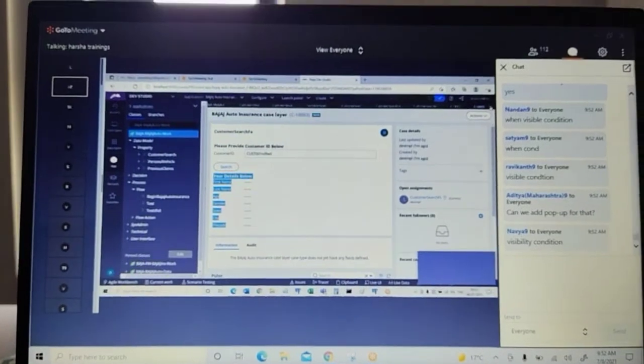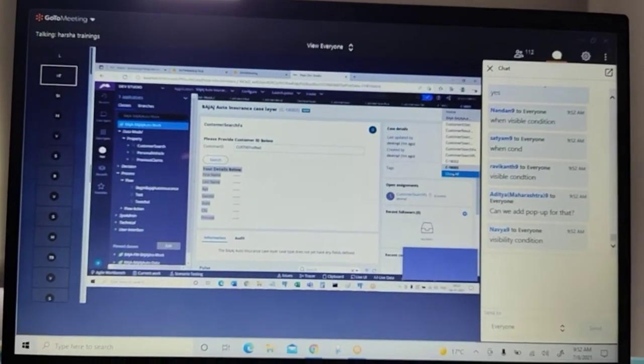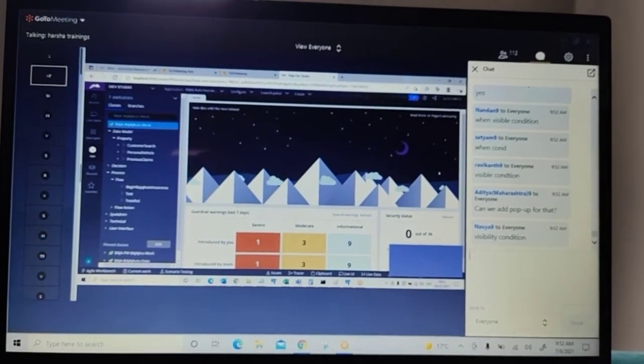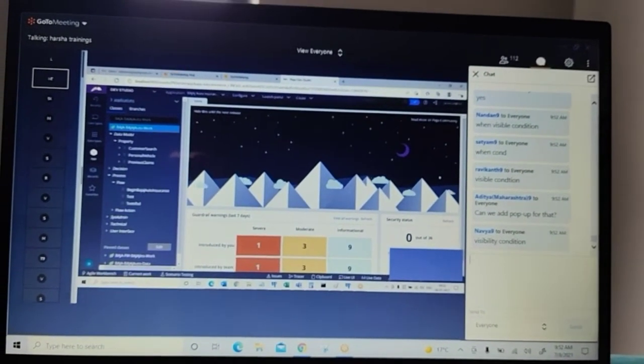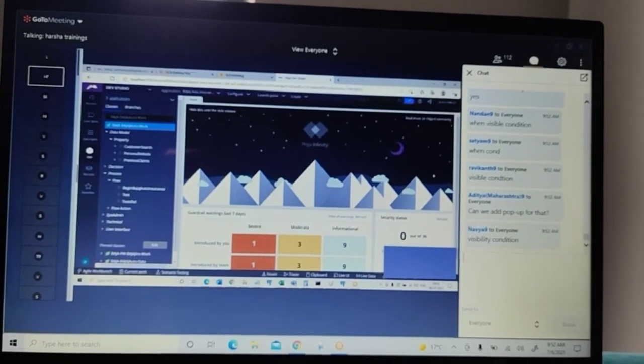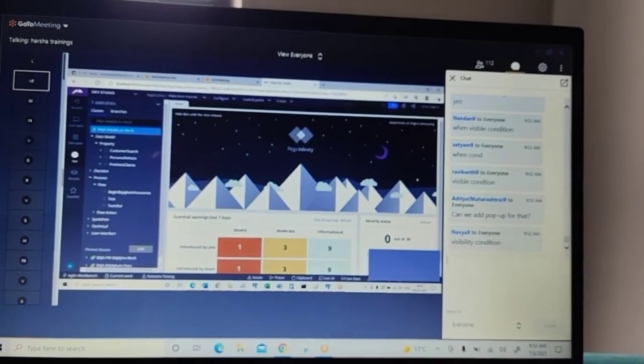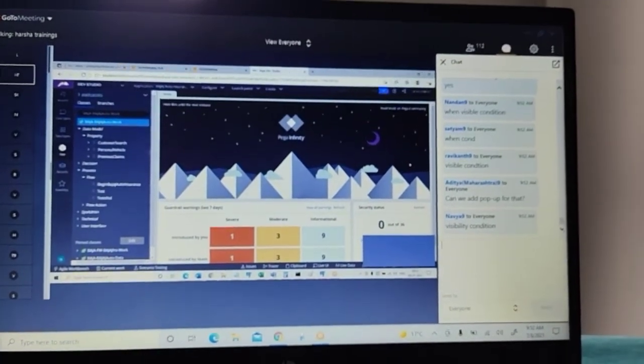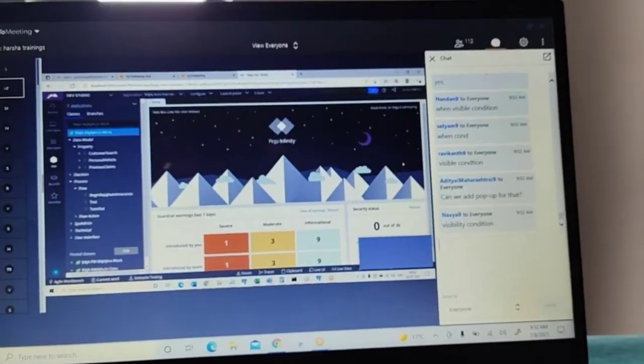So for this to understand and proceed to work on further, we need to learn the subject related to when conditions in activities, and there is another thing called step status. These are the two subject lines we need to learn. Okay, so first let me go ahead and talk about, we have 8 more minutes, right?